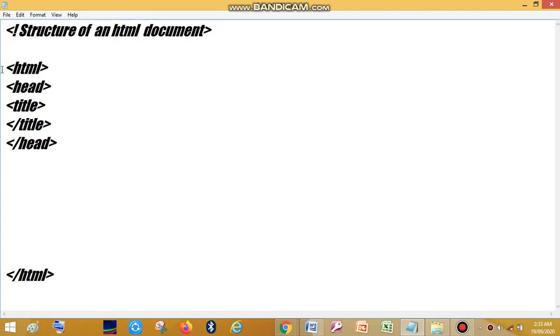The opening title tag is used to give a title to the HTML document, and the closing title tag is used to end the title. As we are learning the HTML language, I am giving here a title, HTML world.